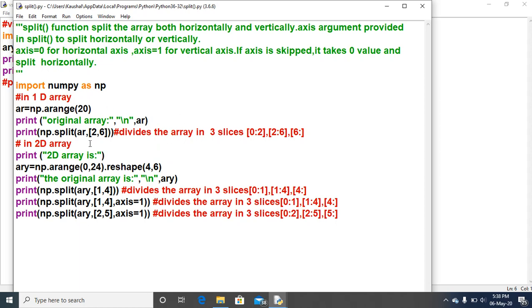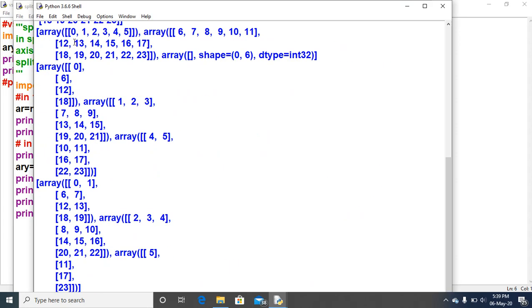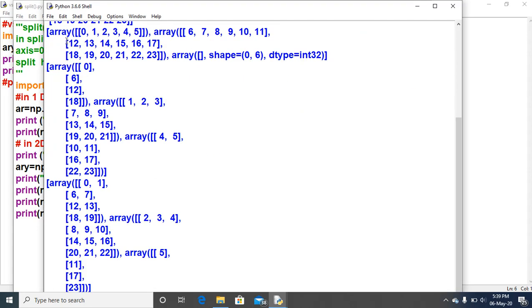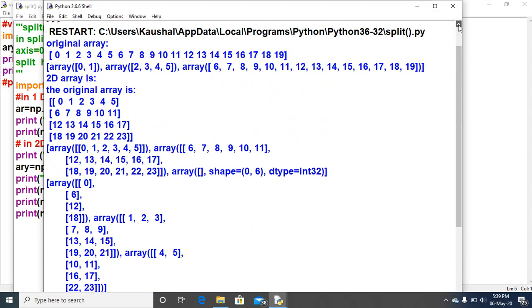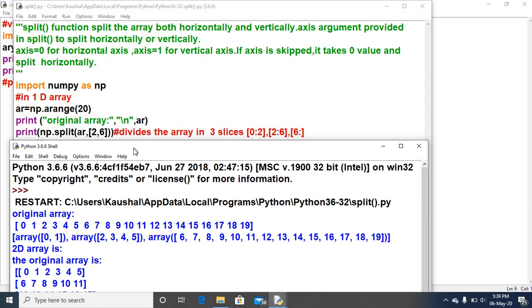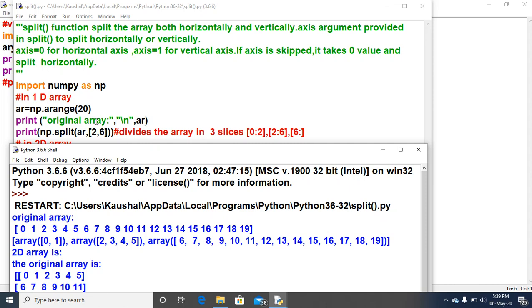You have to see only the upper output. Look here. The original array is 0, 1, 2, 3, 4, 5 till 19, because I am giving np.arange(20) as AR, so AR contains 0 to 19.